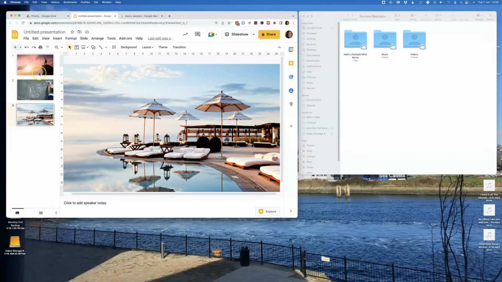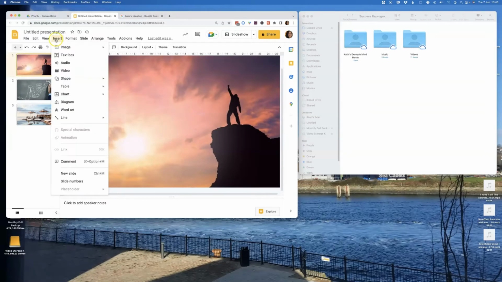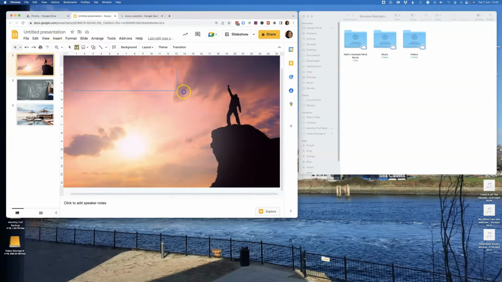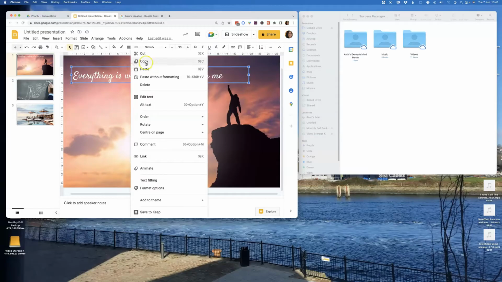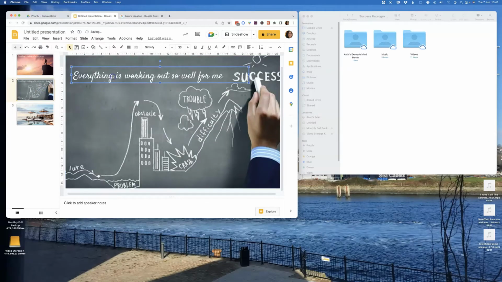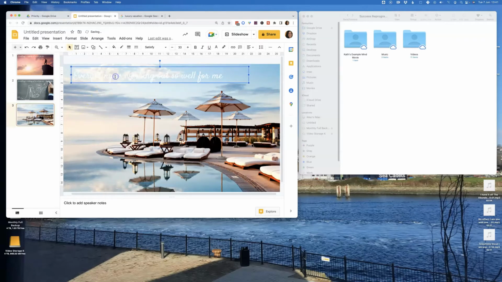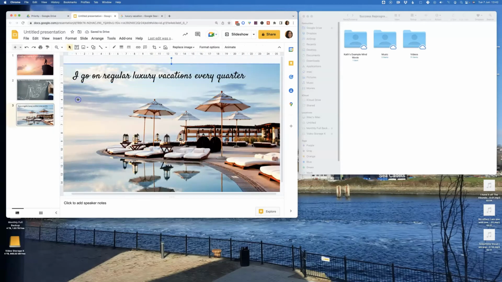Now what we're going to do is we're going to add some text for our affirmations or brain stamps. Click on insert text box and then draw out a text box and then type your brain stamp or affirmation inside the text box. You can change the font, increase the size, change the color, and then if you like that one you can click on the line of the text box, right click and copy, right click and paste that into the other slides. If it doesn't stand out, you might want to change the color of it, then change the words, type in whatever it is that you want.